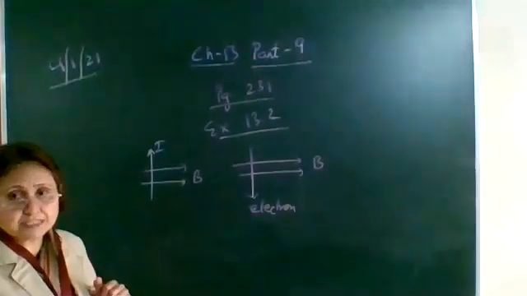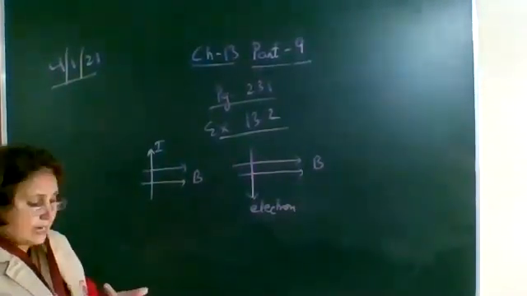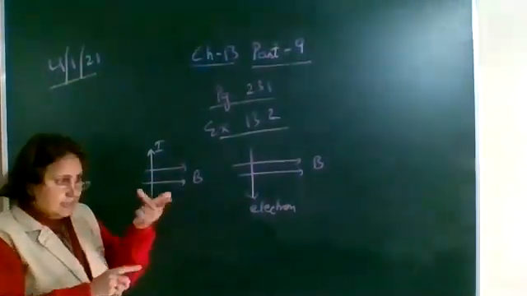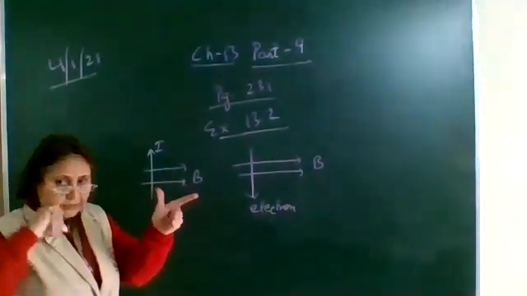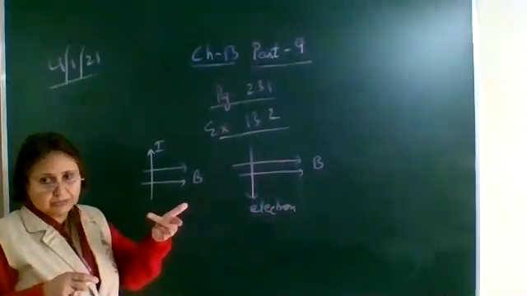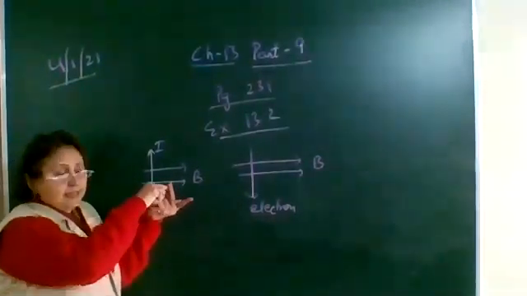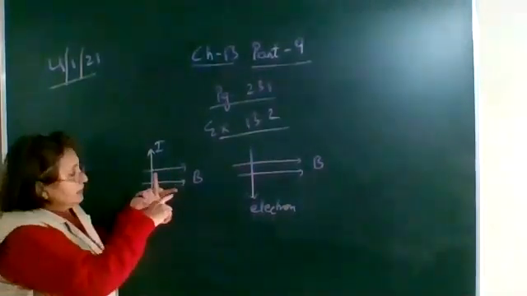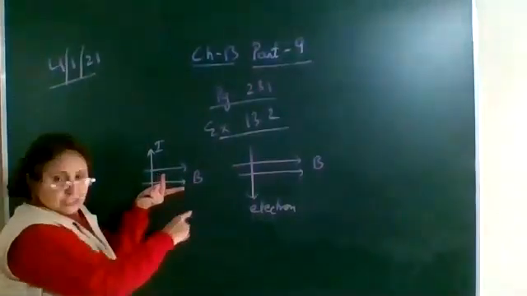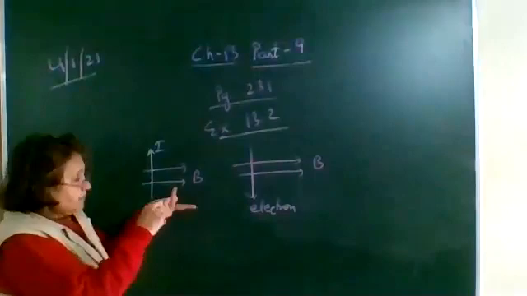Now use Fleming's left hand rule to find out the direction of the force. Use your left hand and stretch the thumb, the first finger and the center finger mutually perpendicular to each other. Now point the center finger along the direction of the current. Magnetic field, okay, towards right. So this is the direction of the magnetic field, you can see, and